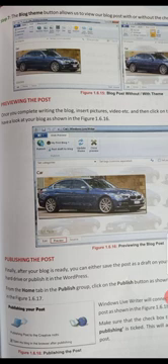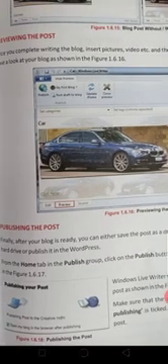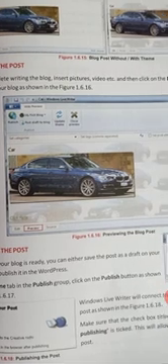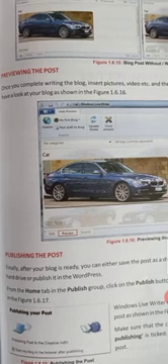Previewing the post. Once you complete writing the blog and inserting pictures, video, etc., click on Preview and we have a look at our blog as shown. Whenever we complete our work, we need to see it. Publishing the post. Finally, after your blog is ready, we can either save the post as a draft on your hard drive or publish it on wordpress.com.